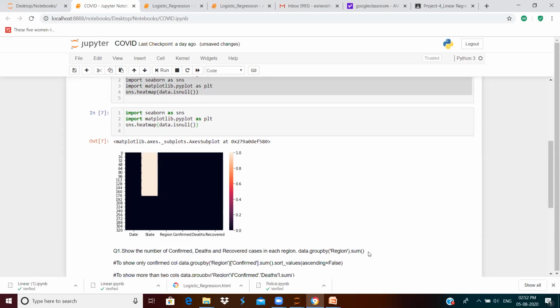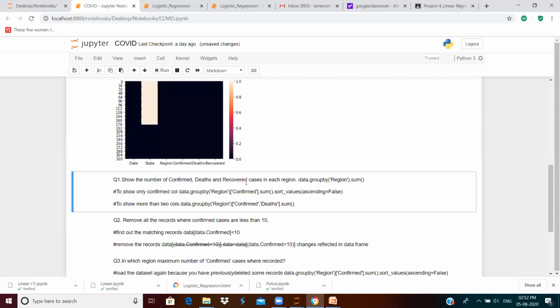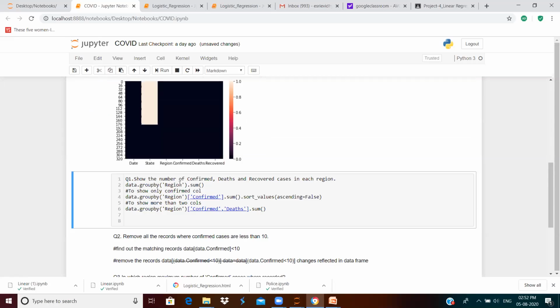Okay, so now let us get into the questions. The first question is, you will have to show the number of confirmed cases, deaths and recovered cases in each region. Each is a keyword. You will have to now group the entire data frame with respect to region, right?